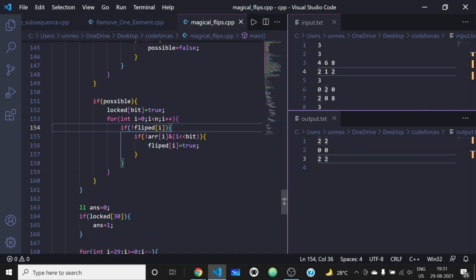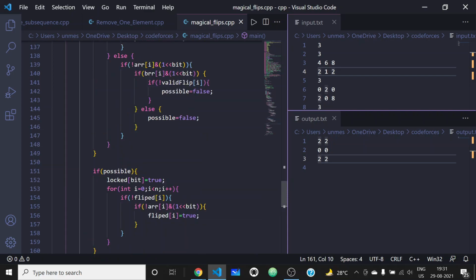If the front face has a set bit, then we won't be flipping it. And if the front face has not got a set bit, then we mark flipped equal to true, because we need to flip to form one in the final bitwise AND.